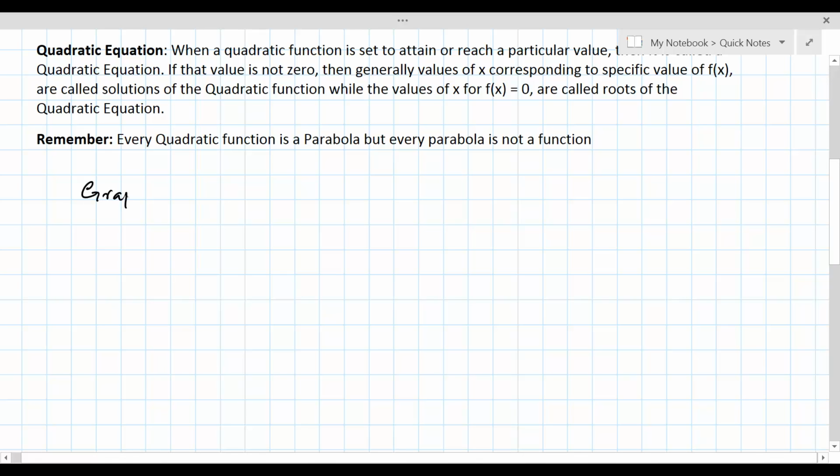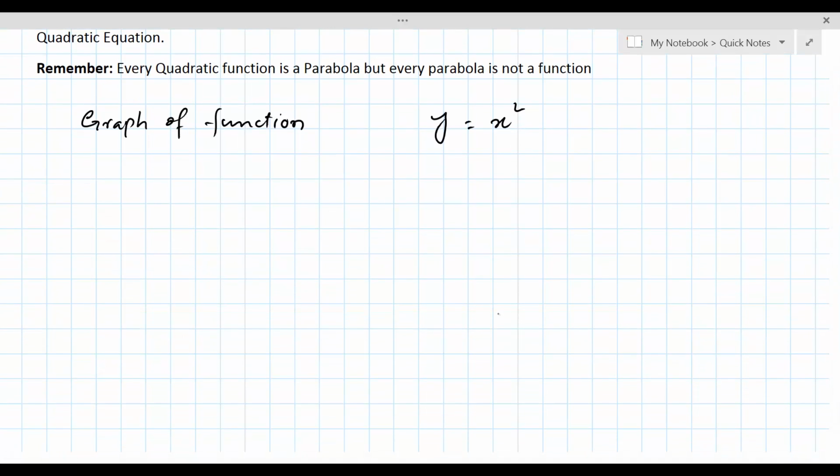Graph of function y is equal to x square. In order to draw the graph, first we have to find the table of values. So step 1, we'll find the table of values for which we have x, and for x we assume the first value is minus 3,